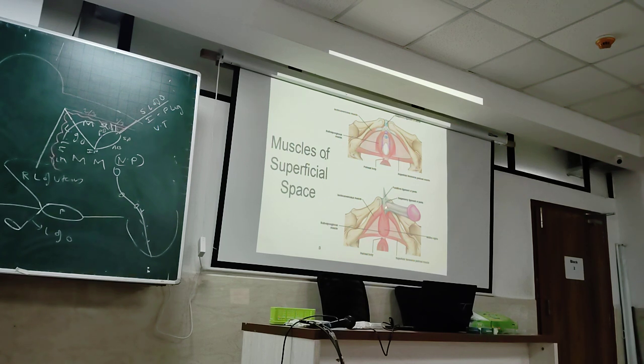The junction of the root of penis and body of penis are supported by 2 ligaments. One which is arising from the pubic symphysis and one which is arising from the linea alba. The fundiform ligament and the suspensory ligament. The suspensory ligament arises from the pubic symphysis, the fundiform ligament from the linea alba. In females, the clitoris is surrounded only by the suspensory ligament, no fundiform ligament.